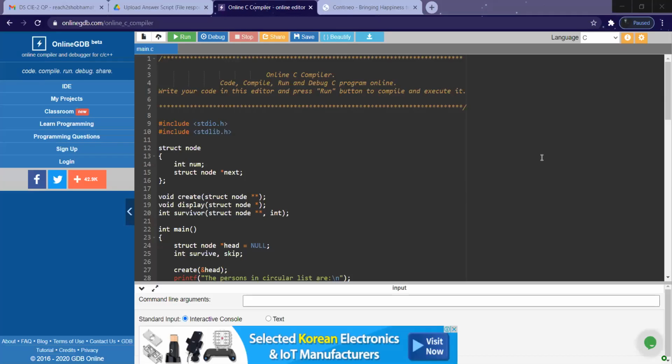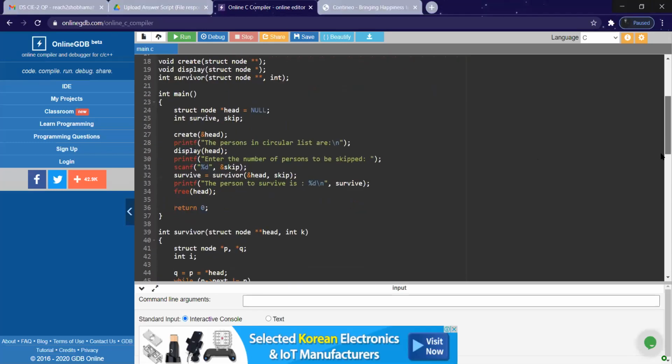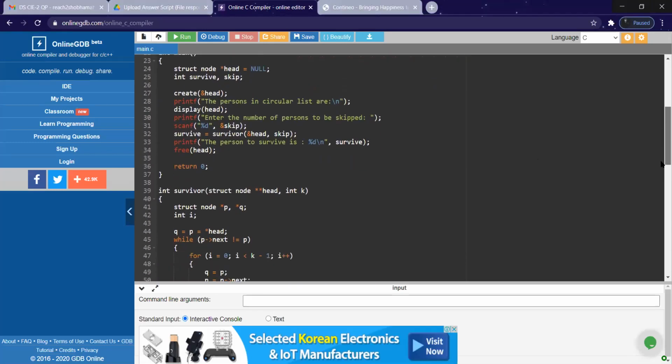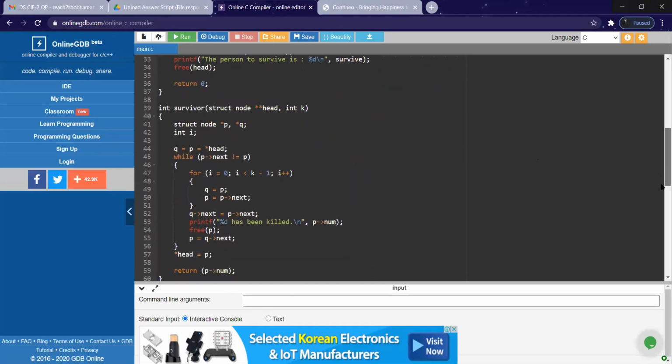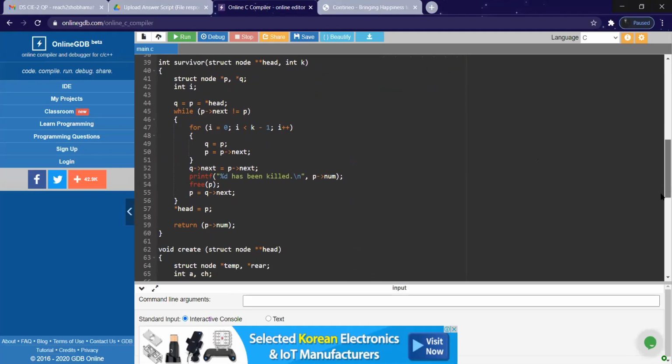Okay, I will share it again. Now, the same program: create, display, survive. Able to see? Yes. Okay. So this is survivor, and whatever we have defined, the same thing.